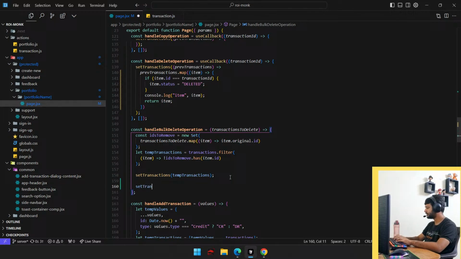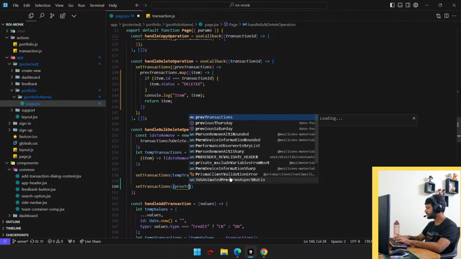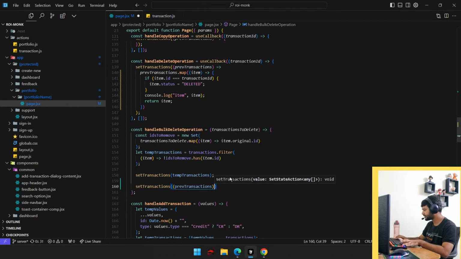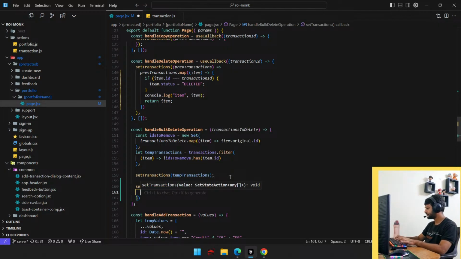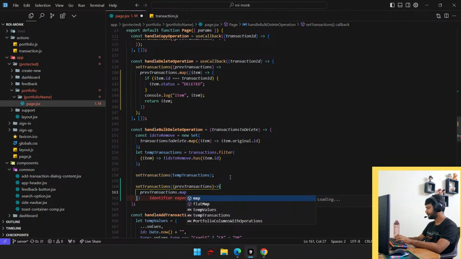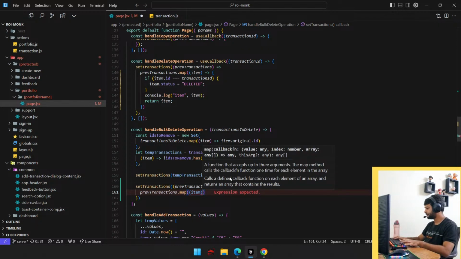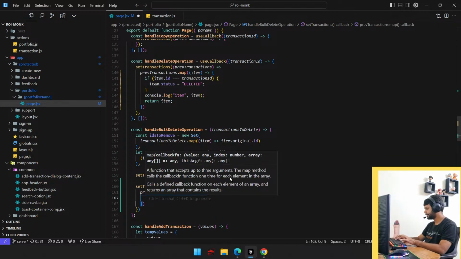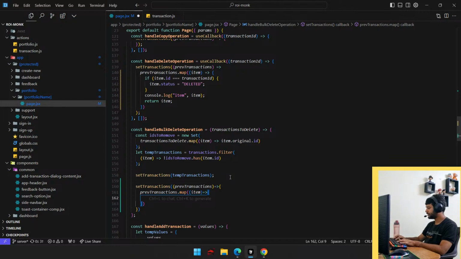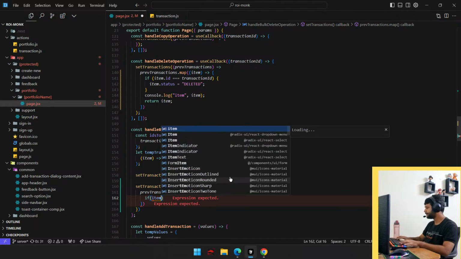Set transactions previous transactions, previous transactions dot map item, if item no